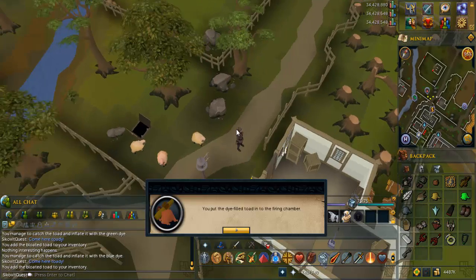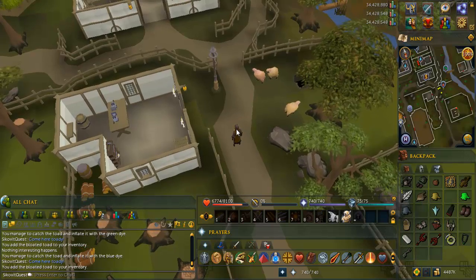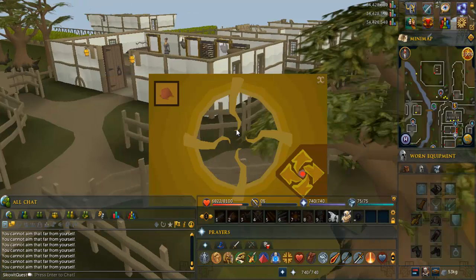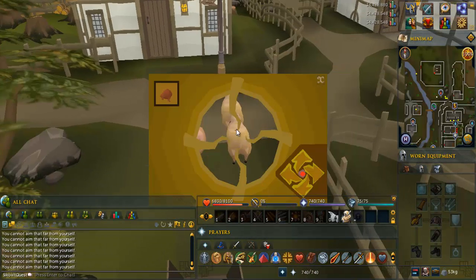I'm going to show you what to do next, then I'm going to show you a map of where to go. So you remember those 4 different colored sheep from Sheep Herder? It turns out the reason they're that color is because they were dyed and you have to reapply the dye to all of them. You do that by using the colored toad for the respectively colored sheep you're dealing with